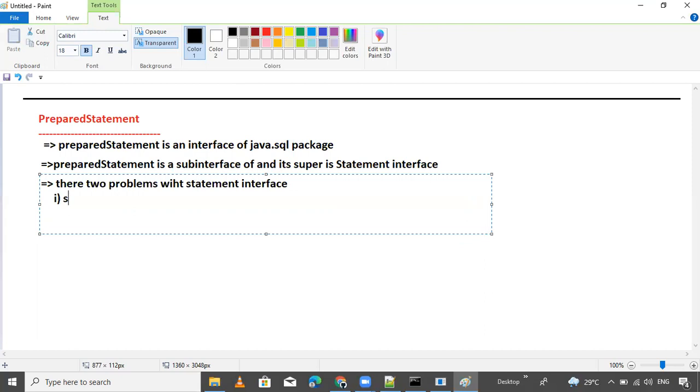Suppose multiple times in a database every time the command is first compiled and then executed.